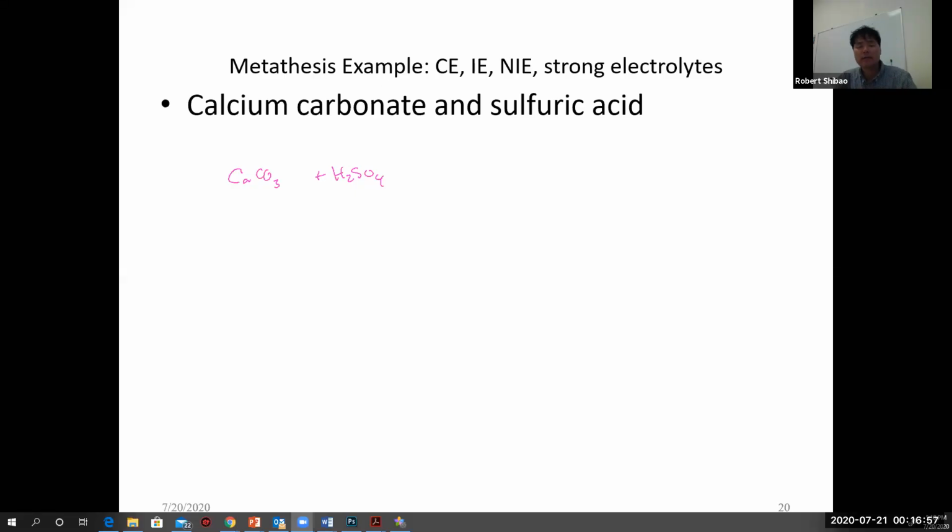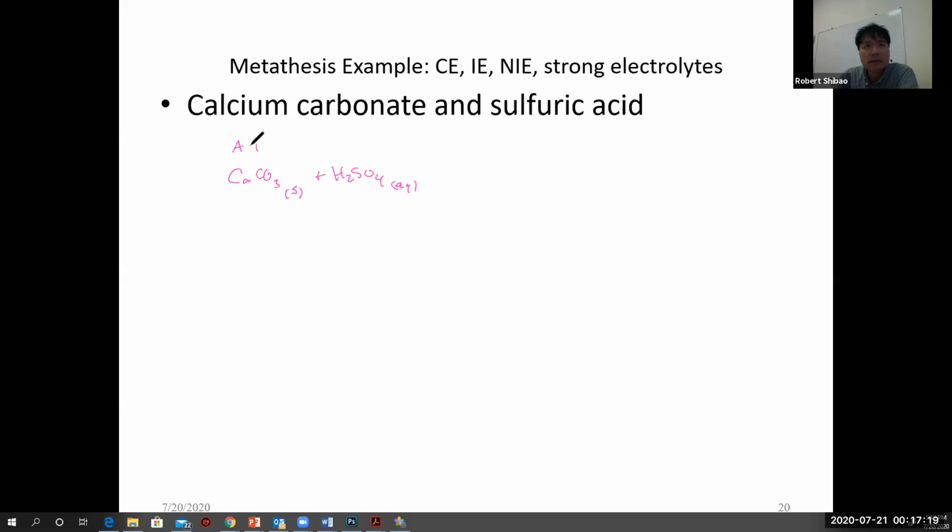Okay, it's time to get started again. So we're looking at calcium carbonate and sulfuric acid. Sulfuric acid is aqueous. If there's water present, well, carbonates are insoluble. Phosphates, carbonates, and chromates are insoluble except for group 1 and ammonium. This is not group 1, that's group 2. So that's insoluble, so it's solid.